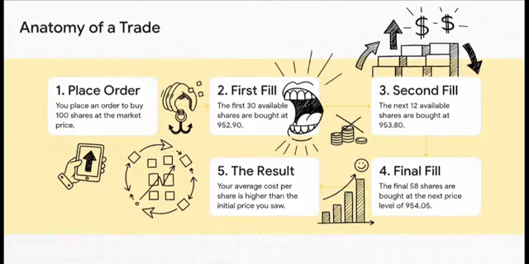So, when you hit buy for those 100 shares, your order jumps in and starts looking for sellers. First, it grabs the cheapest ones available, those 30 shares for sale at $952.90. But you still need 70 more. So your order moves up to the next price level and buys those 12 shares at $953.80. Then it has to go even higher to get the last 58 shares at $954.05. You see what happened? Your own order was so big that it literally ate through the available supply, pushing the price up against yourself as you bought.